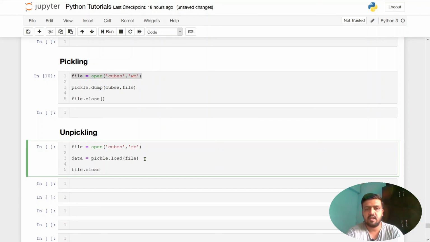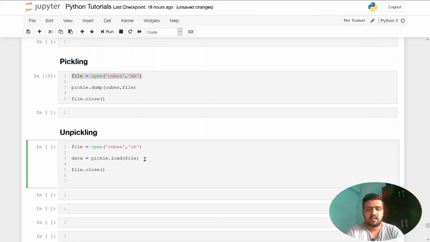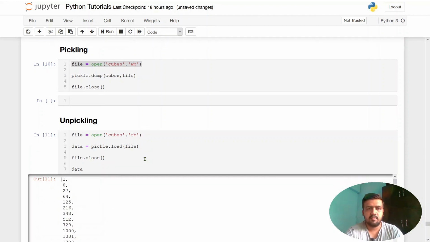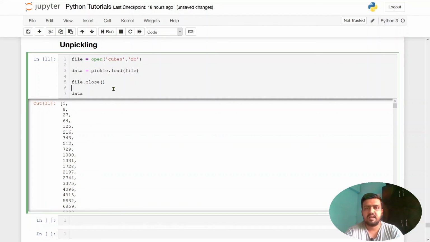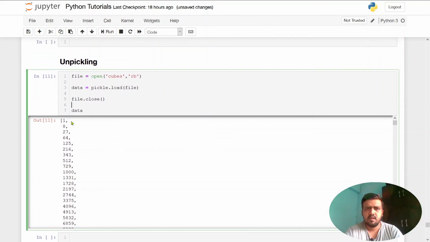If I check what the content of this data variable is, it will be again the cubes of all the numbers. So that's how it is done. This is how you can use the pickle module to save and load your data or object.